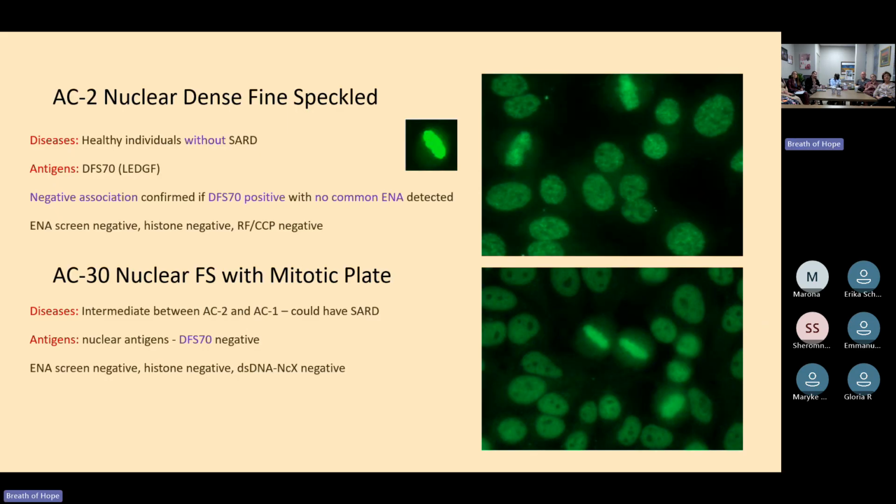Okay, then the next two patterns are ones that are actually quite important because these are ones that if you don't diagnose them correctly, you will be saying that a patient has an autoimmune disease when they might not have it. Okay, so you can see that this is the metaphase cell over here. It does have a positive chromatin. The metaphase plate is positive, but the character of the